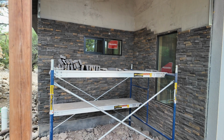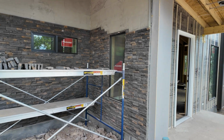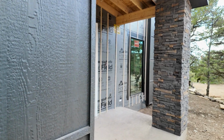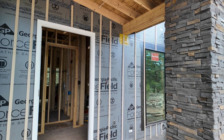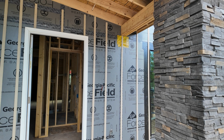But while this is done, let me go ahead and show you some of the other stuff that we got done here on the house this week. Let me bring it around here to the front. Other guy put these pieces of wood up here. Wood cladding will go across the front of the house here, and these little strips here will be for the